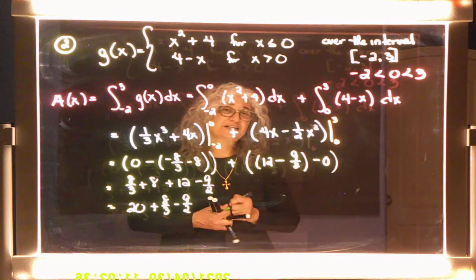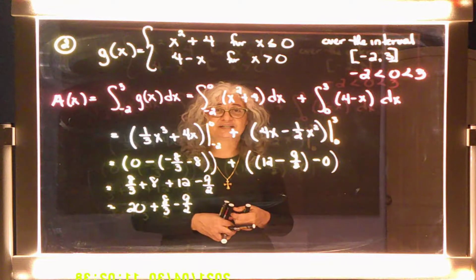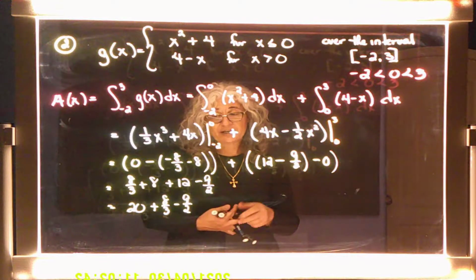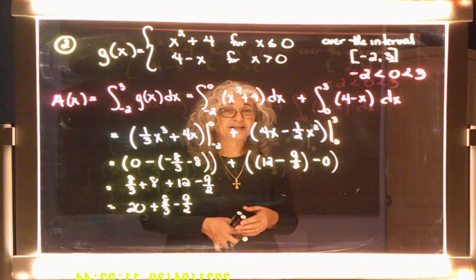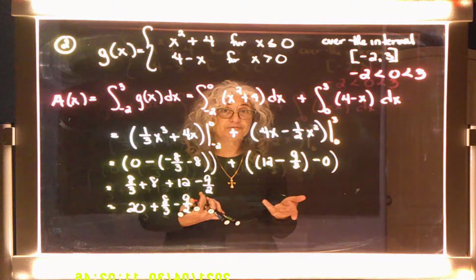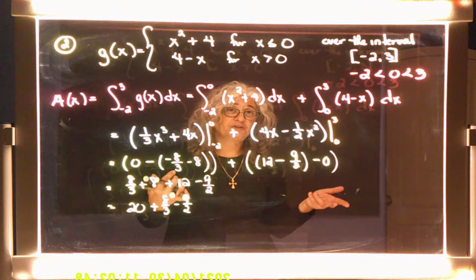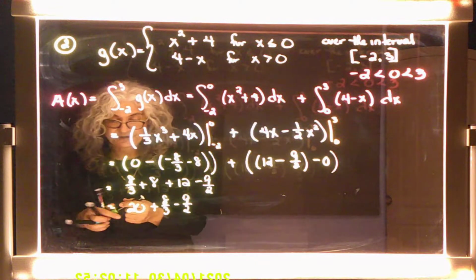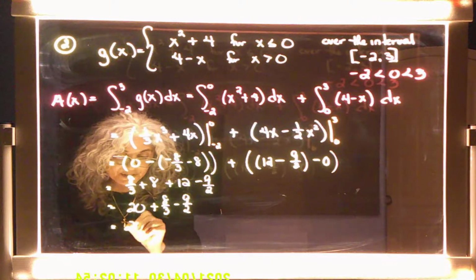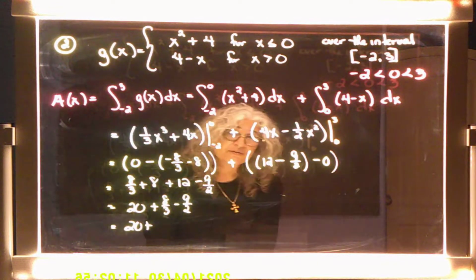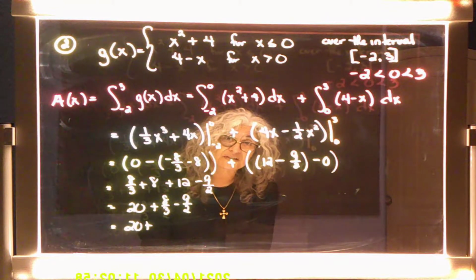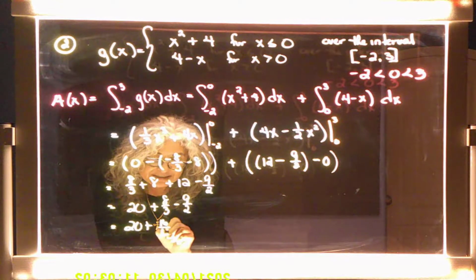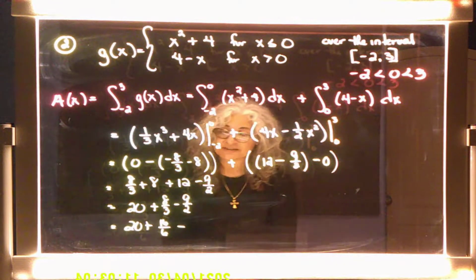Unfortunately, the 8/3 and the 9/2 don't have the same denominator. We have to get a common denominator. So I'm assuming you remember how to get a common denominator. Do you? Good. What's a common denominator? 6. Yay! All right, so here we go. 20 plus 8/3. You're changing to a denominator of 6. Yeah, top and bottom get multiplied by 2. So we got 16/6 minus